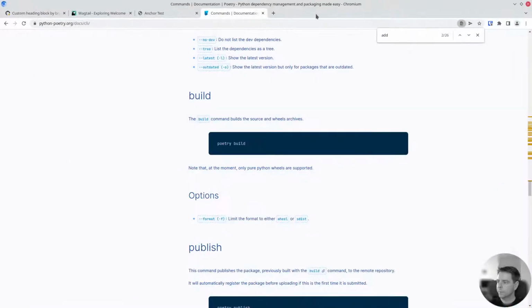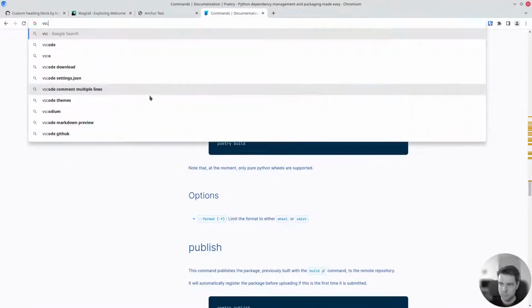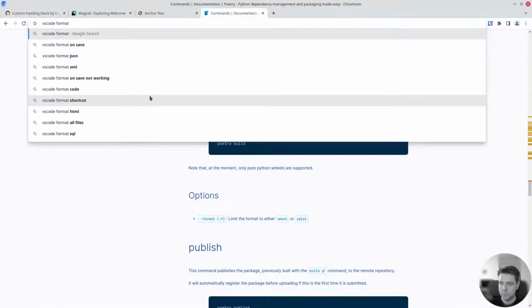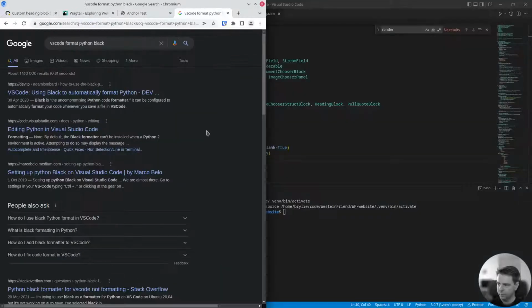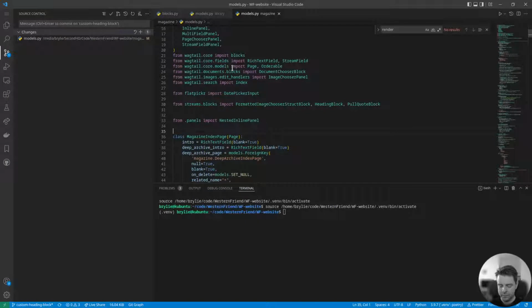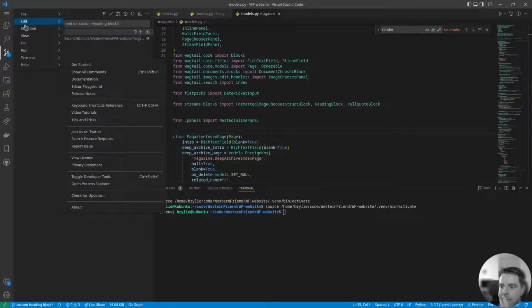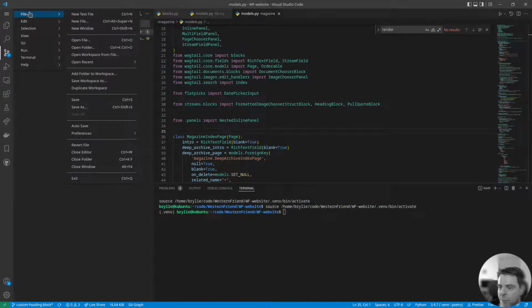It's not super important, but VS Code. I might have disabled code formatting for this project, if I recall correctly. I was having some troubles with that. Fortunately, there's more trouble by disabling it. So if I